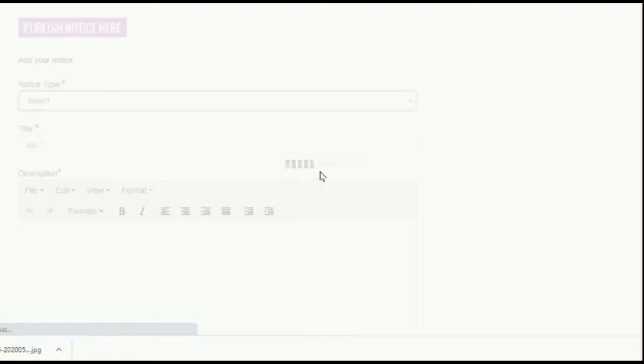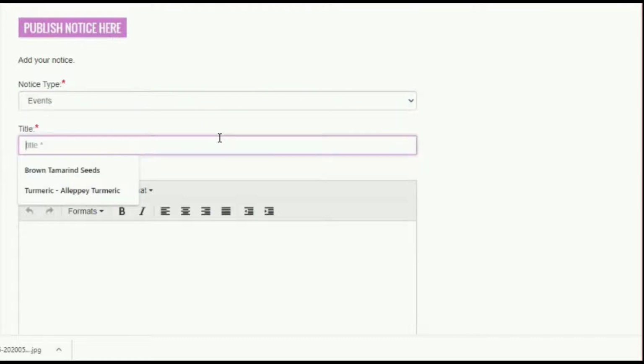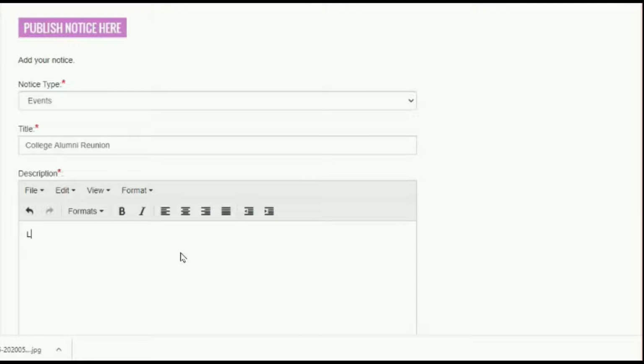In Add Notice, admin can add notices. It can be events, meetings or news and updates, that is by mentioning the notice type, title and description. The notices added can be viewed by the public on the home page.